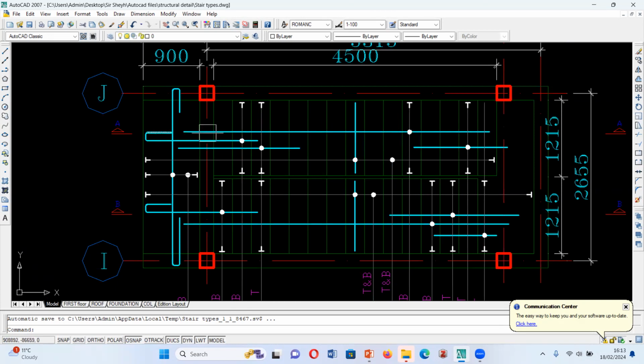This is the main bar. This bar is the one that is going to connect a support. There is a support here, and there is another support here. Okay, so this is more like the landing, but there is a beam there